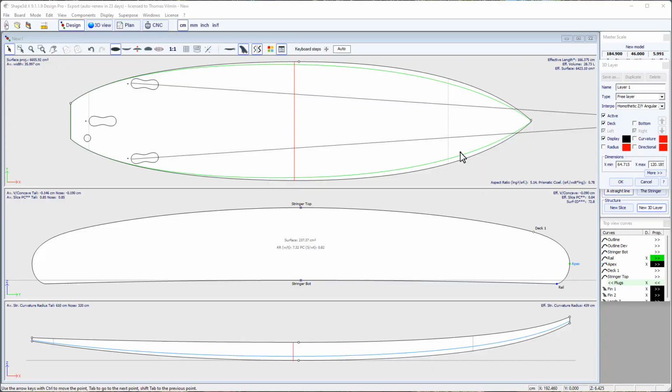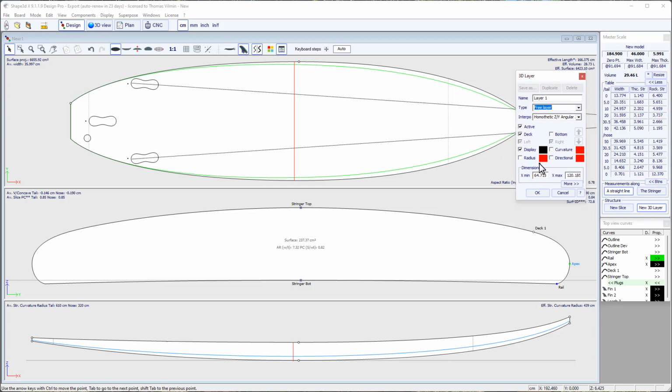Hello, in this video I'm going to show you the possibilities of the new free 3D layers that we have released in the new version 9.1.2.0. So here, if you add a new 3D layer, you will see the new free layer type. You still have the center layer, twin layer, constant depth, etc. But we are going to see that the free 3D layer can replace almost all the other 3D layer types